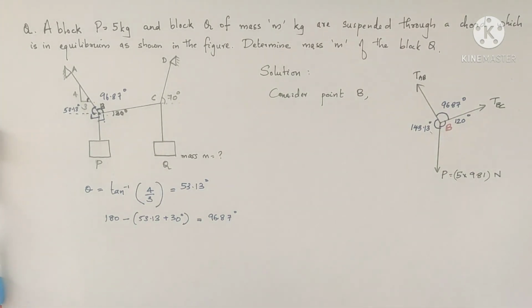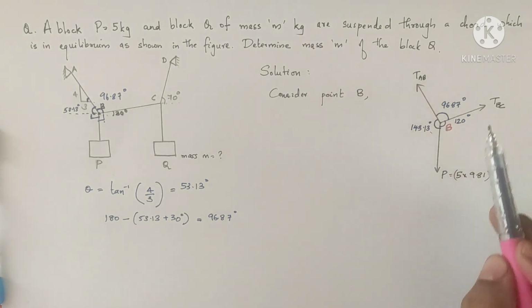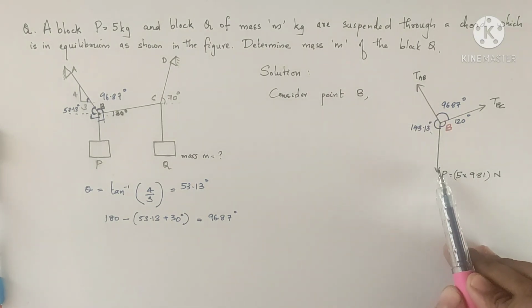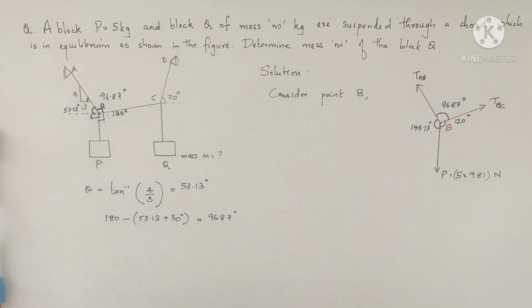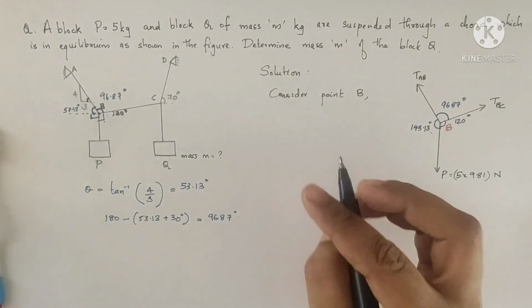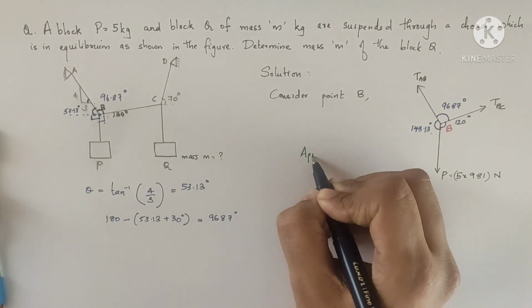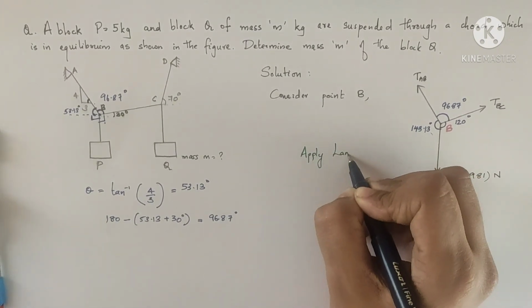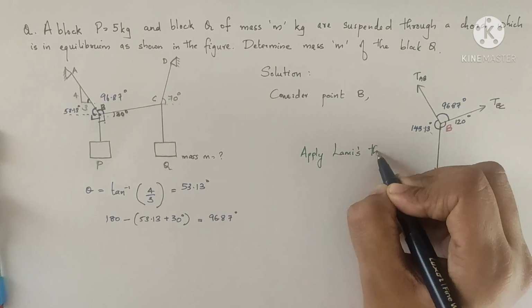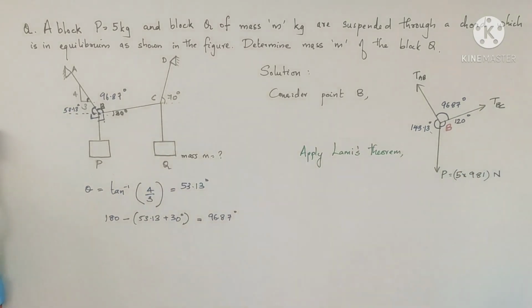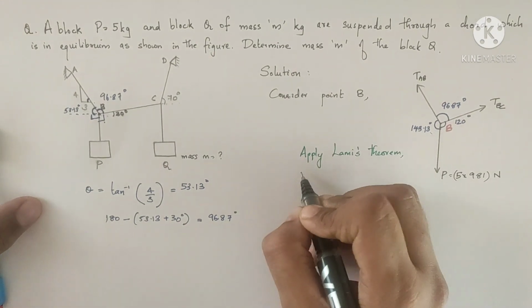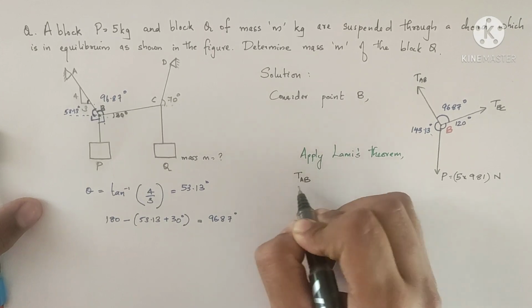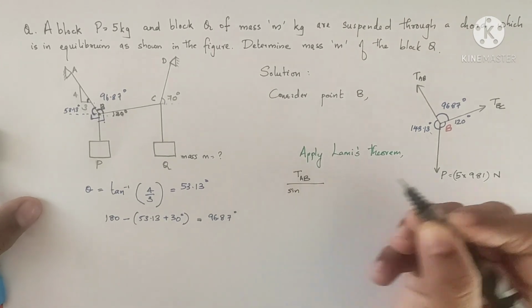So now consider the point B. We have three forces acting at point B which are in equilibrium, and we know the angle between the forces. So what can we apply here? We can apply Lamy's theorem. Apply Lamy's theorem. So Lamy's theorem, we can say here at this point B, we can say TAB by sine of,